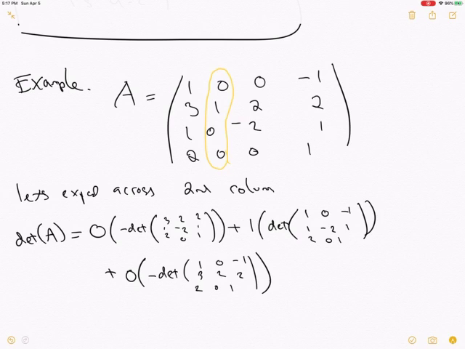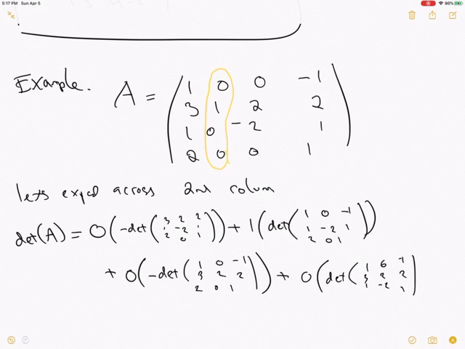So that's what we get. But again, this doesn't matter because there's a 0 in front of all of this stuff. And then that entry, that's positive, negative, positive, negative, positive, negative, positive. So it'll be positive determinant of, if you delete that, you get 1, 3, 1, 0, 2, minus 2, minus